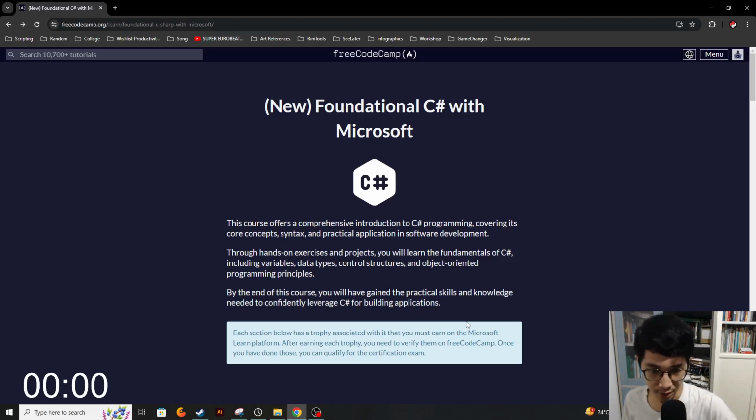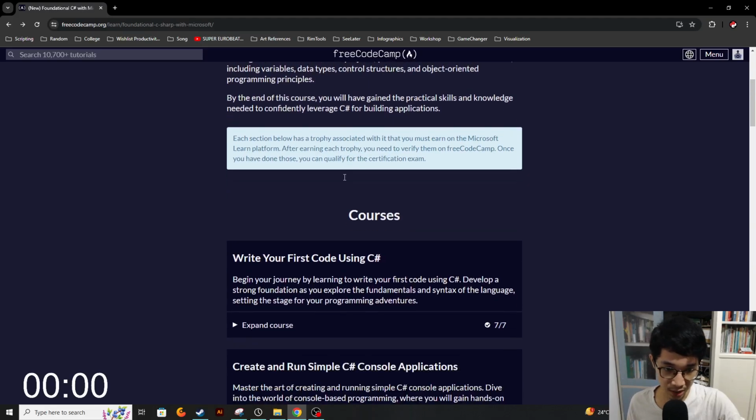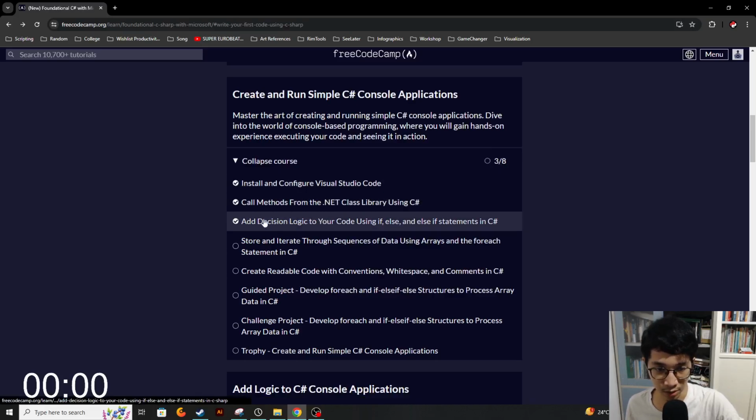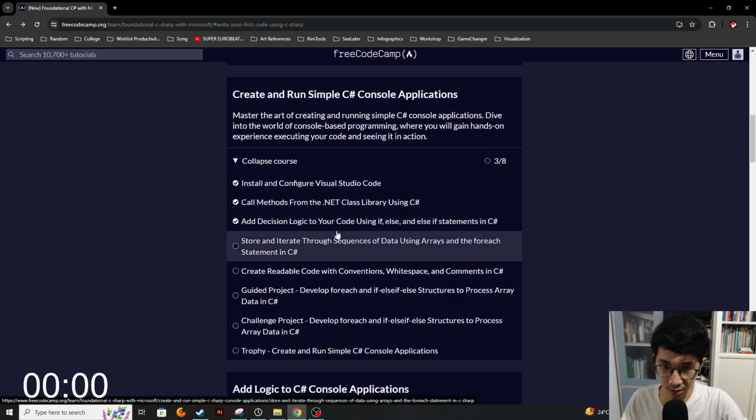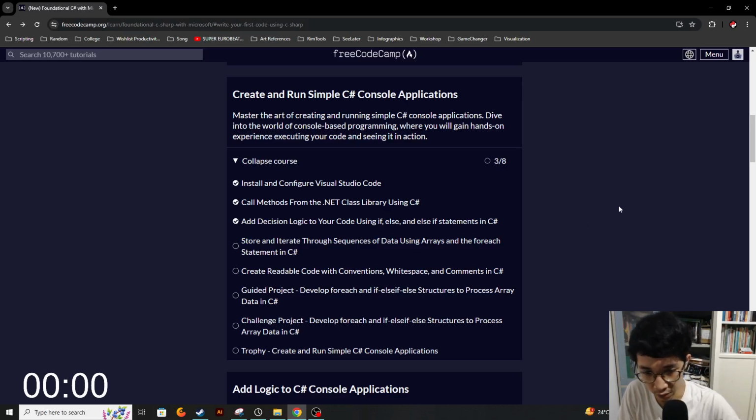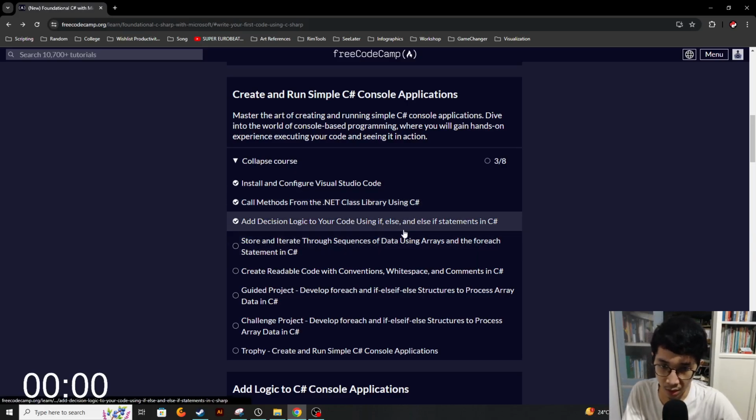Let's continue to day 11 of the Progress With Me series. We already talked a lot about adding decision logic to your code using if, else, and else if statements in C# yesterday in day 10. I think this is one of the most important things if you're pursuing programming, since we will be using it a lot, and else and else if statements are important as well because of the logic